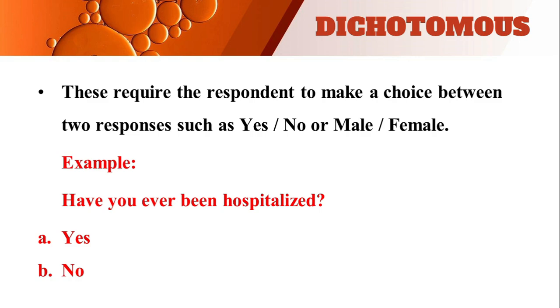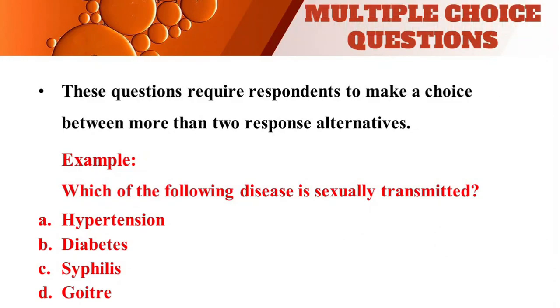Have you ever donated blood? Option A, yes. Option B, no. So that is an example of a dichotomous question. The next one is the multiple choice question. So you all know, the respondents have a chance to select any one response from the four alternatives. This is most commonly used in all kinds of research in nursing. There will be four alternatives, and respondents will select one answer which is appropriate to his knowledge or his beliefs and values.